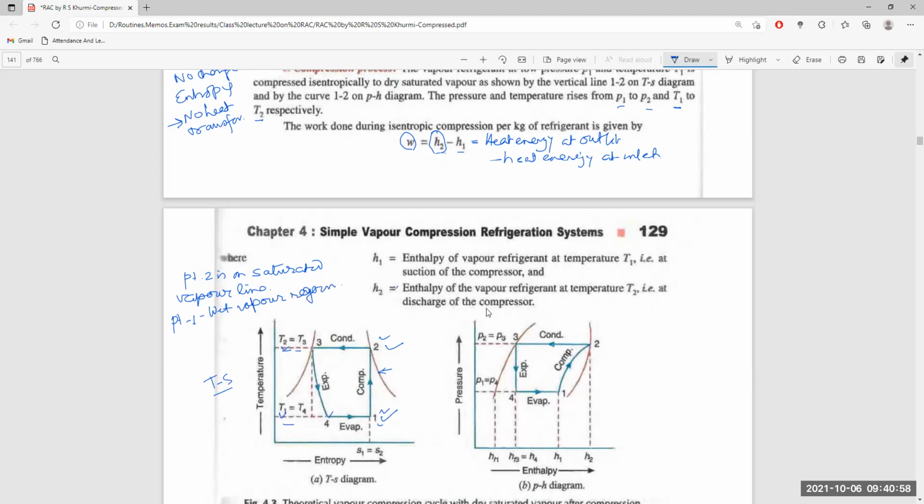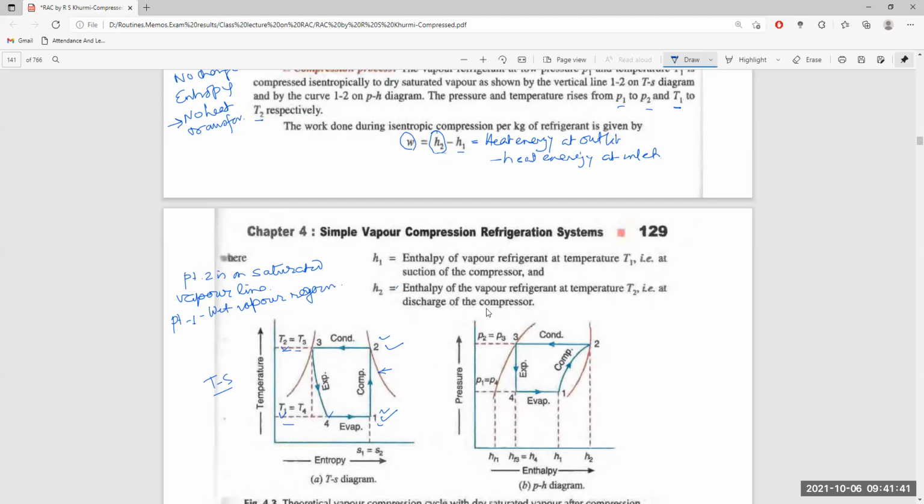Okay, what does wet vapor region mean? It is partly in the liquid state, partly in the vapor state. It is not saturated. So there is a fraction of vapor in the mixture, and the remainder is the liquid portion. Maybe at the outlet of the evaporator the fraction of liquid is extremely small, but it may still happen that it is not totally converted into vapor. With that liquid-vapor state it enters the compression, and due to the application of work it is totally saturated and converted into the vapor state at the exit of the compressor itself.